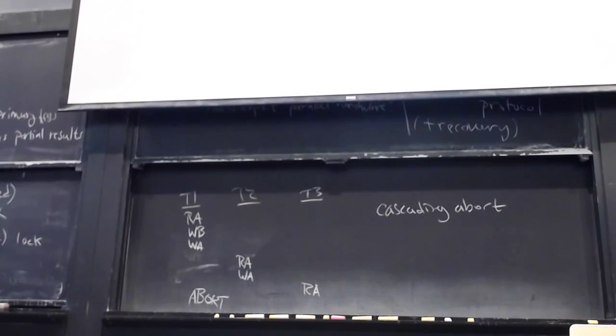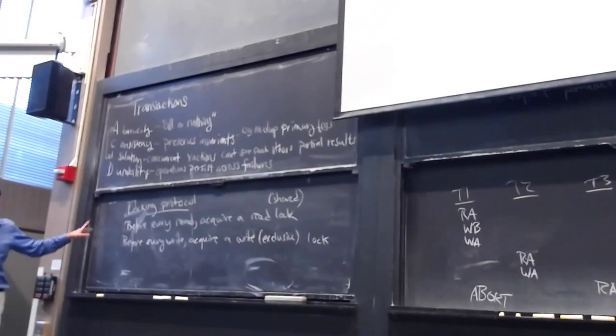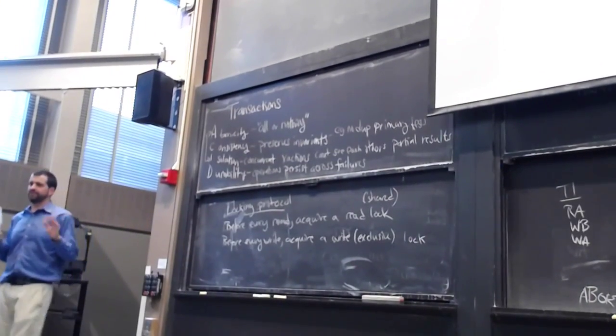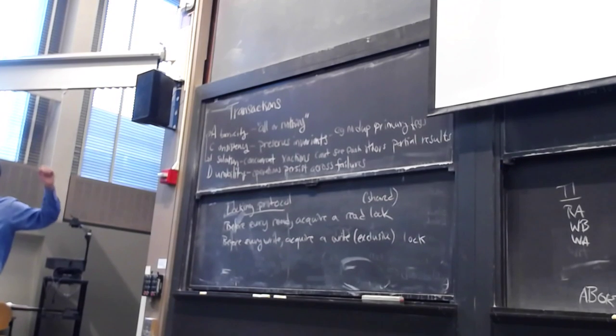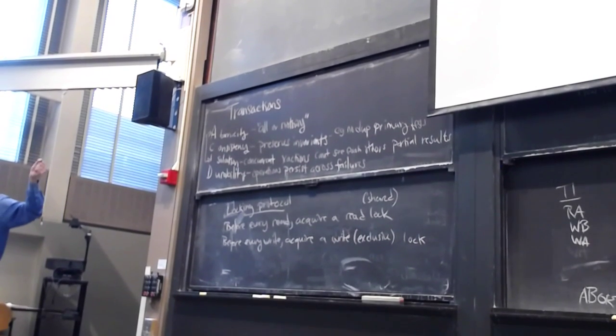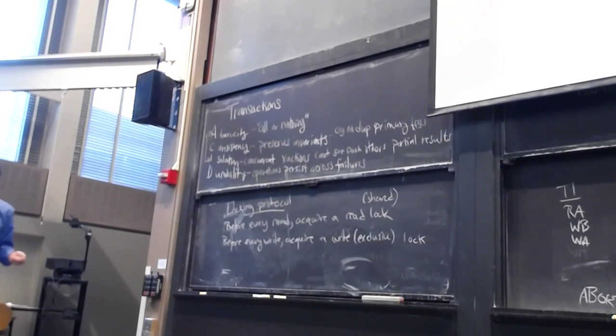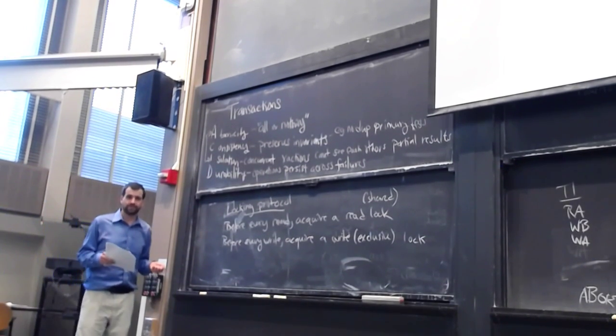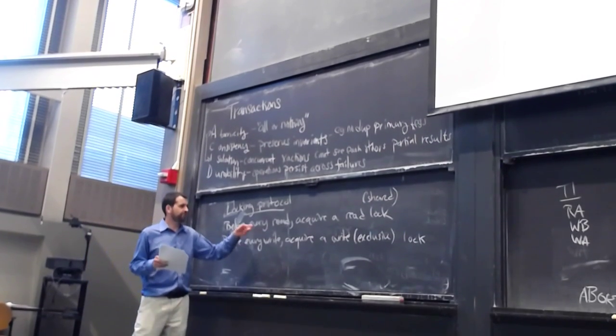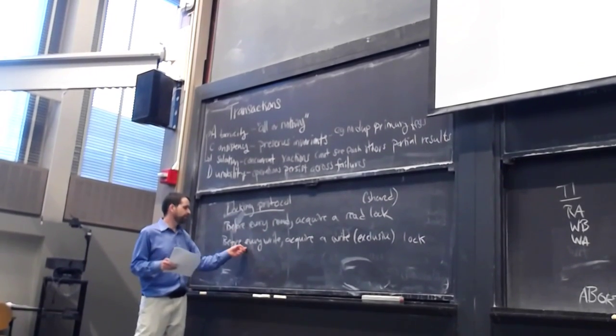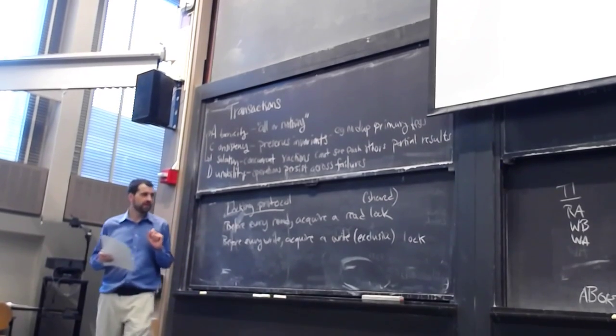It means for each read of an object, we have to ensure that we're holding the lock. Okay, so I haven't yet said when we release these locks. Remember these are transactional locks, we're going to hold them for a long time. So don't think of this as acquire the lock on A, do some operation on A, and then release the lock immediately. It's like acquire the lock, and then sometime later, which we're going to define in a minute, we're going to release that lock, but not immediately. And that's going to be the key to this protocol, that we don't release the locks immediately. And so just before every read, we have to make sure that we hold the read lock. And before every write, we have to make sure that we hold the write lock.